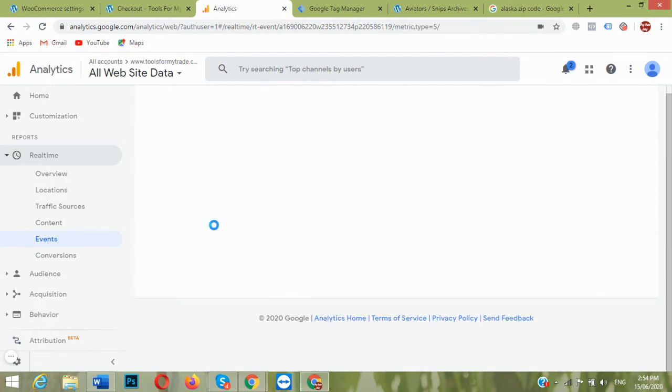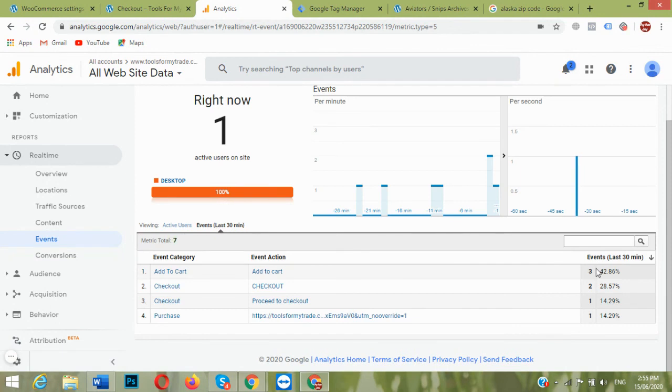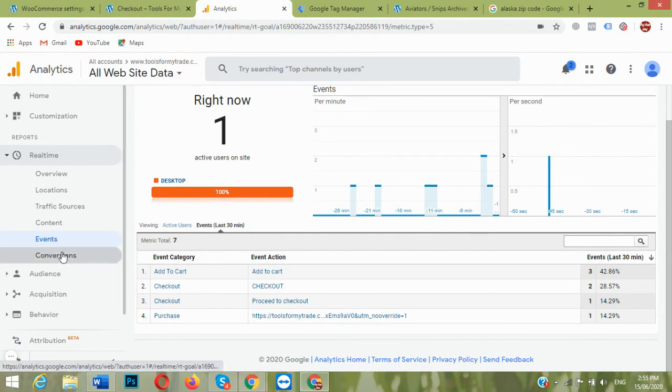We can check here the last 30 minutes of all events. In the last 30 minutes there are 3 events for add to cart, 2 events for checkout, 1 event for proceed to checkout and 1 purchase event. And for conversions,